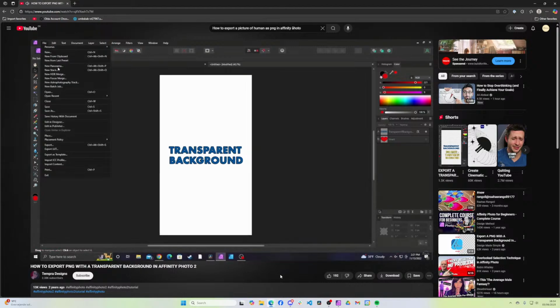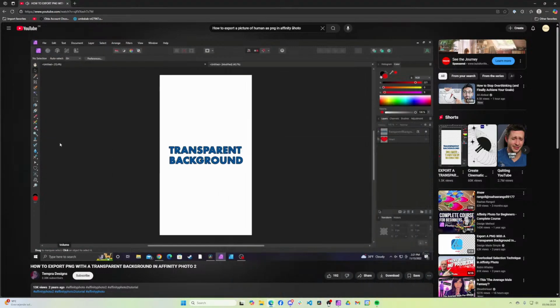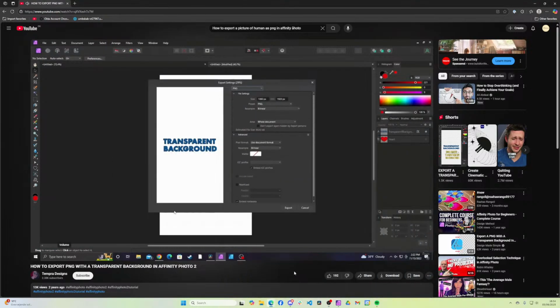So when you do this, generally you just go to File, Export, right? But even if it's set on PNG, you still see that white background, right? But even if it's too. So